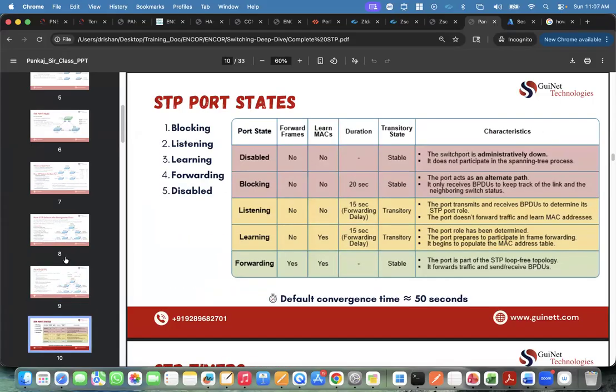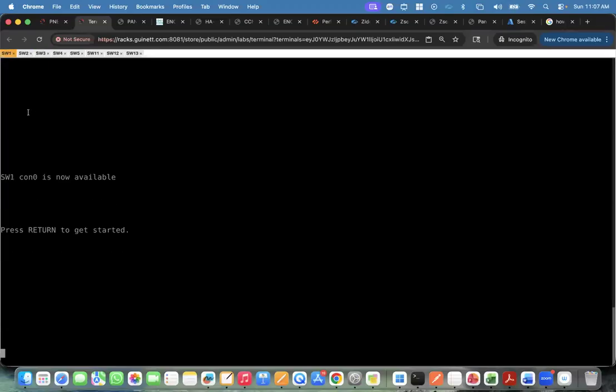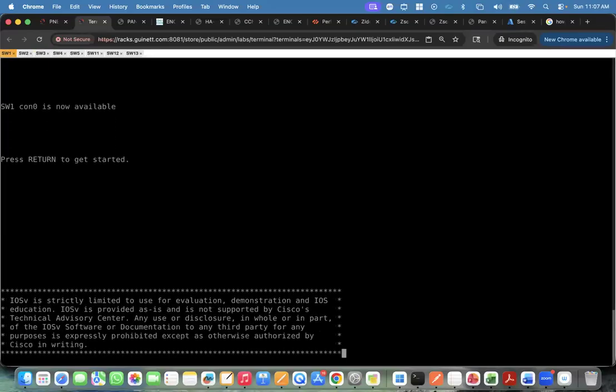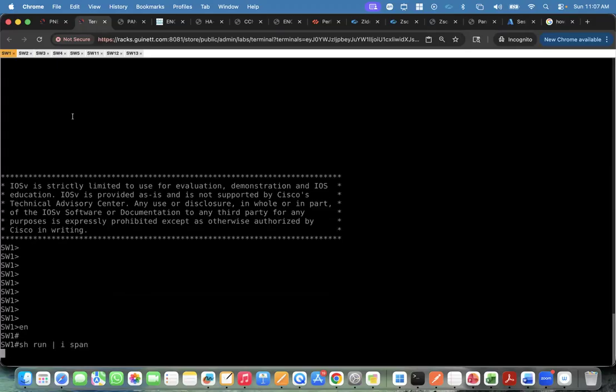And now if we talk about the STP states, STP uses multiple states. By default, STP runs through blocking, listening, learning, forwarding and disabled states. In that case, it's going to take 50 seconds to do the convergence. That is normal STP, which we are talking about. To avoid these situations, we do not use normal STP. If you go and run the command